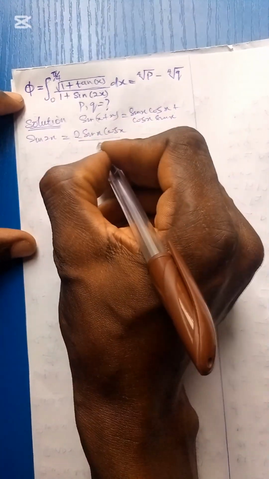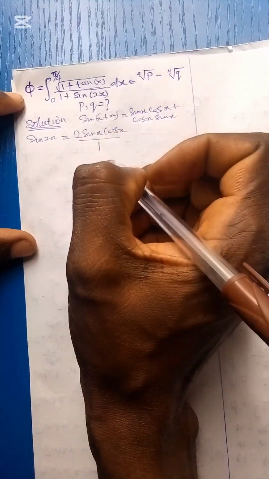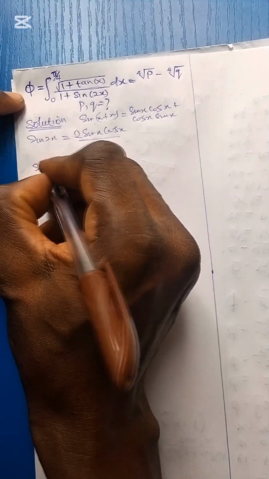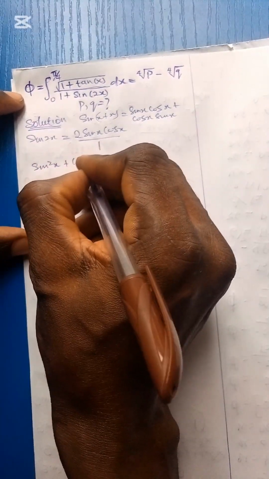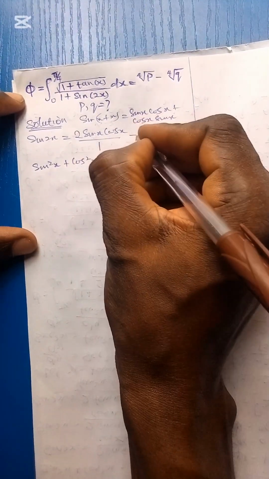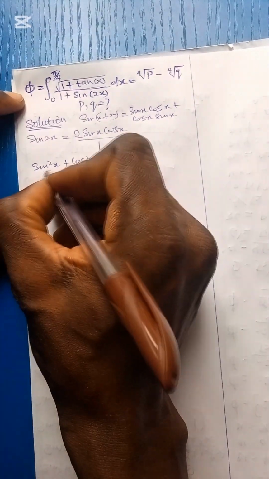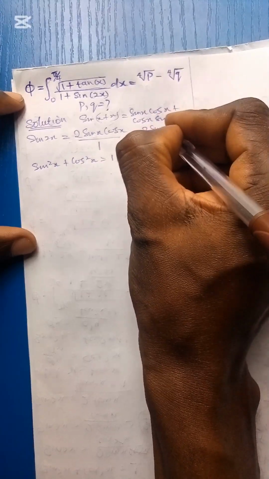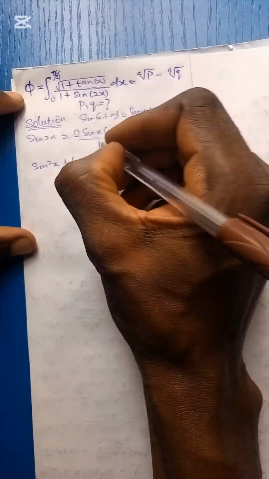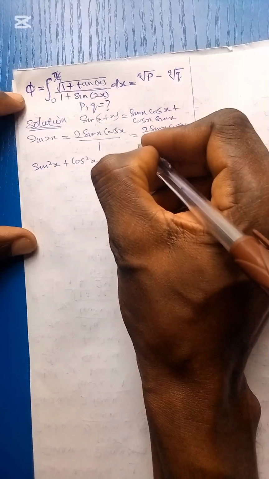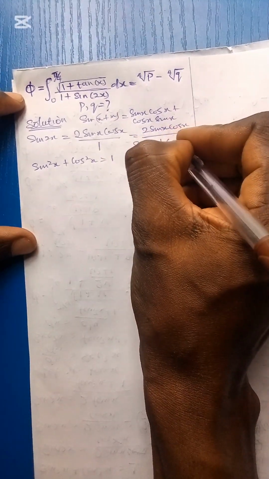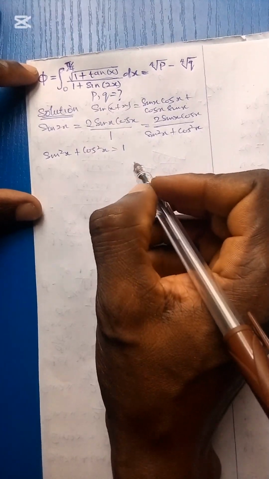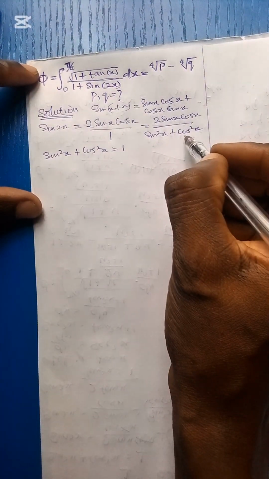Now, I have to divide this one by 1 because this divided by 1 is still the same thing. Let us recall that in trig identity, we have sine squared x plus cos squared x is equal to 1. So this one will be rewritten as sine squared x plus cos squared x. So 2 sine x cos x all over 1 now becomes all over sine squared x plus cos squared x. Good. The next thing I need to do now is to divide both the numerator and denominator by cos squared